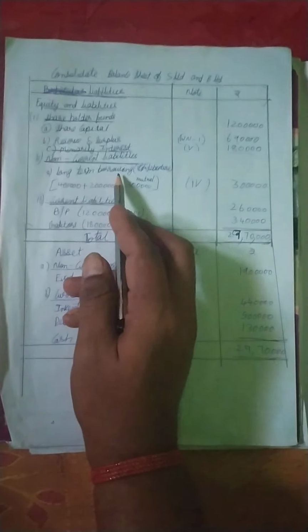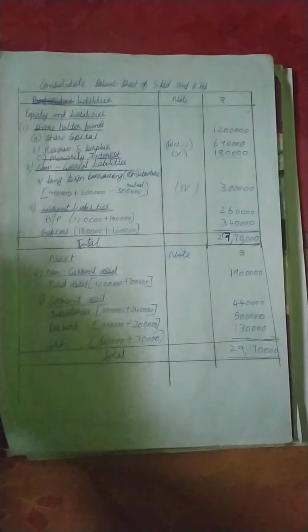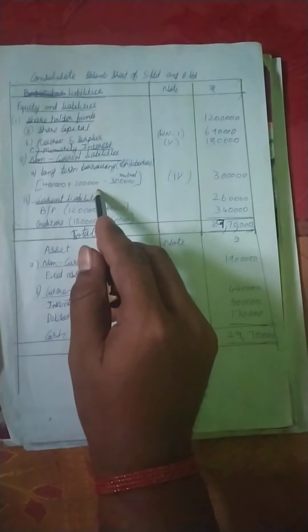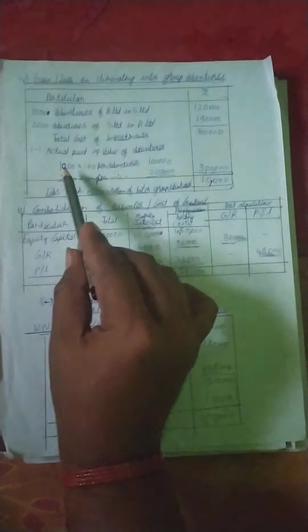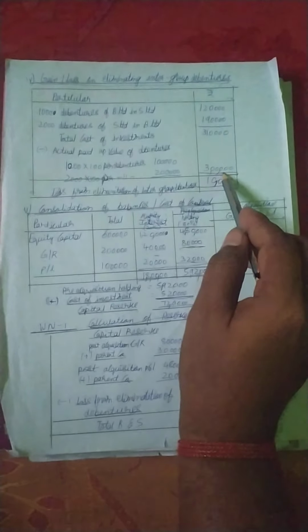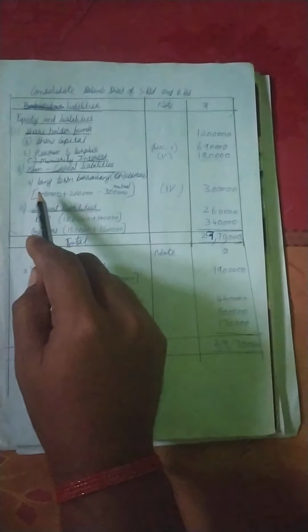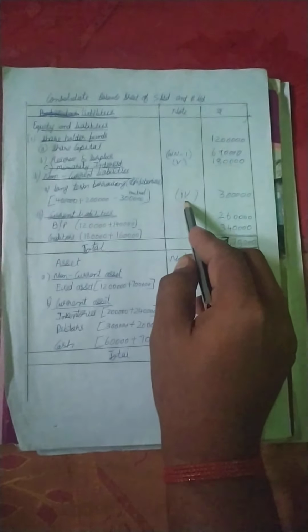non-current liabilities. Long-term borrowings is 8% debenture. The 8% debentures, as you know, both the companies made: 4 lakh and 2 lakhs, that is 4 lakh plus 2 lakh equals 6 lakhs. Then mutually they made an agreement, that is, the amount actually paid up of debenture is 1 lakh plus 2 lakh, equals 3 lakhs. That should be mutually cancelled. Because of this, 6 lakh minus 3 lakhs is 3 lakhs. As you can see in the fourth note.